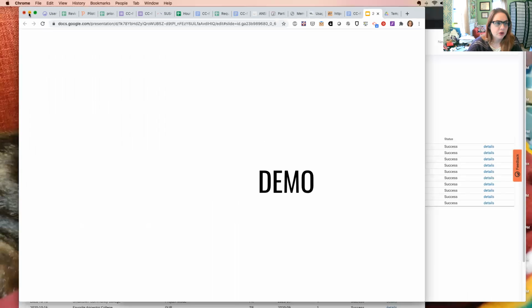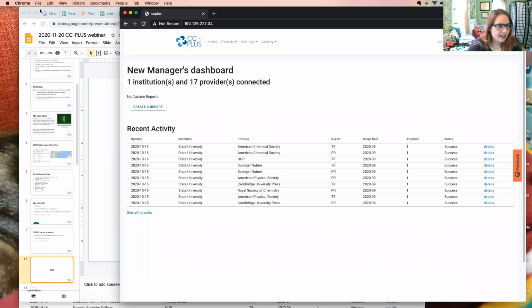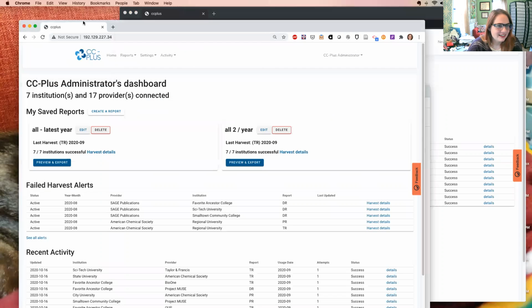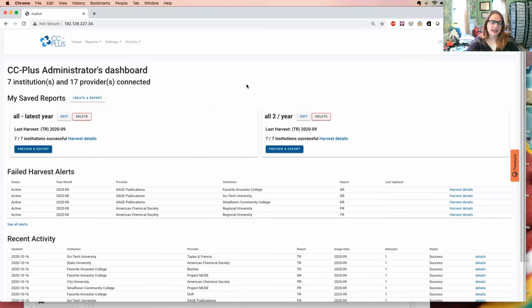Okay, so now I'm going to do an actual demo of what we have working at the moment. So that is not the one I wanted to pull up. Pardon me. Too many windows. Okay, so this is what the application currently looks like if you log in as a consortia administrator. So I have access to